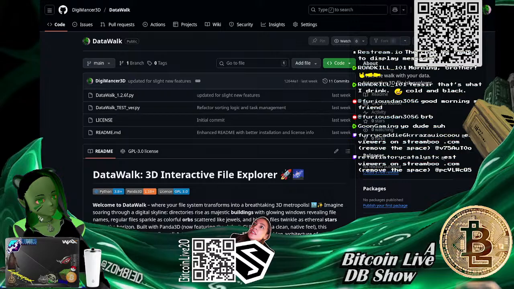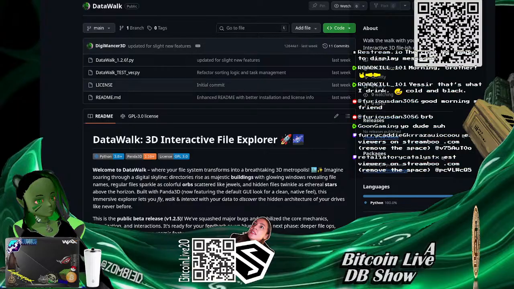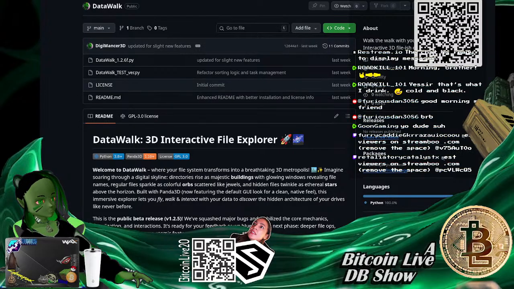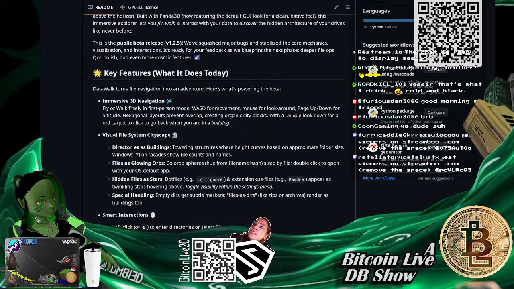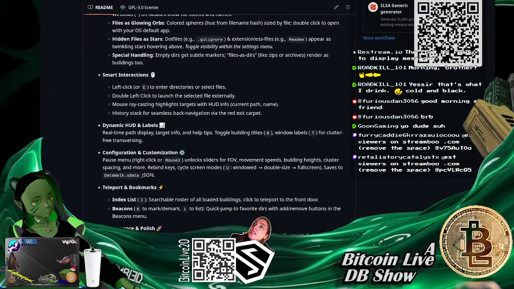I don't have all the features I'd like to have, but it does work and run and allows me to look around my drives in a 3D environment made on the fly. The only AI involved here was in the coding. So no hidden AI algorithms inside, all code, no tricks. And that's the important part. A lot of the stuff I was showing you earlier, even the Bloom filter one, has some tricks in it. This has no tricks. It is all raw code.